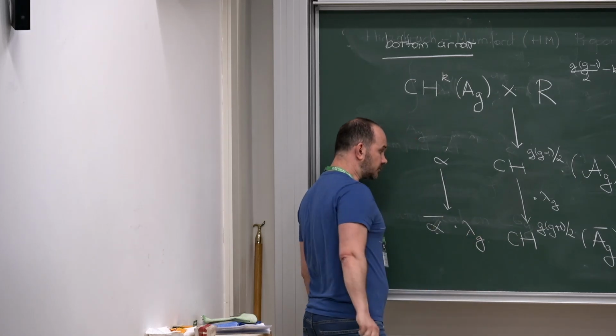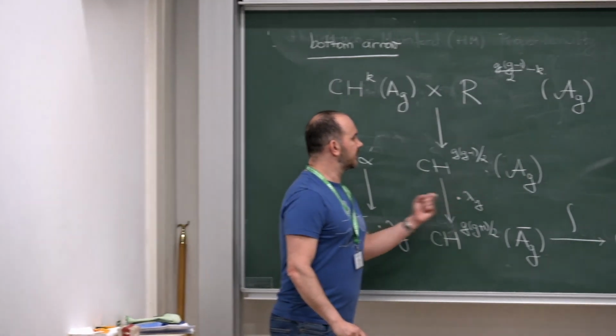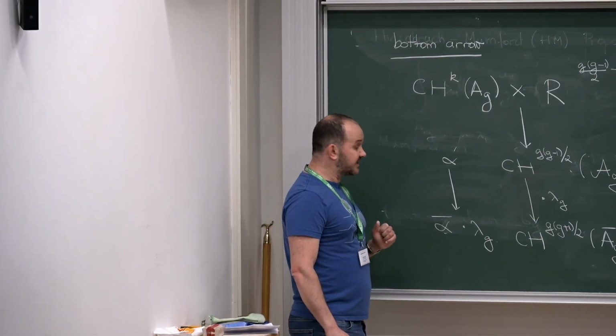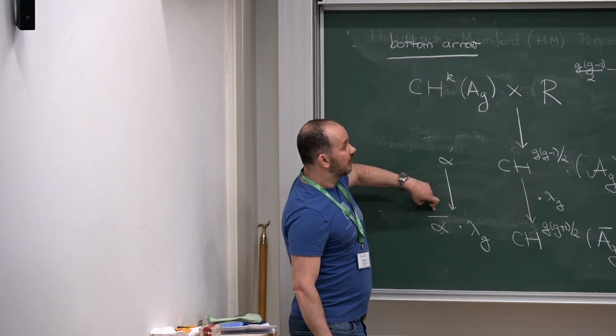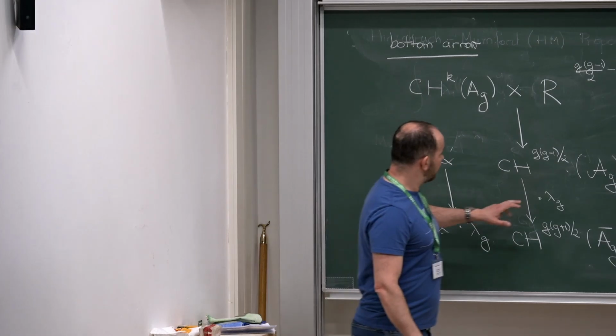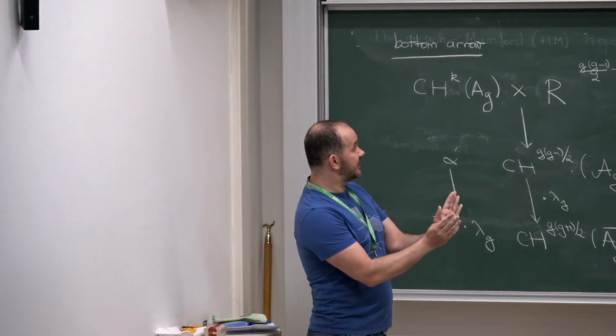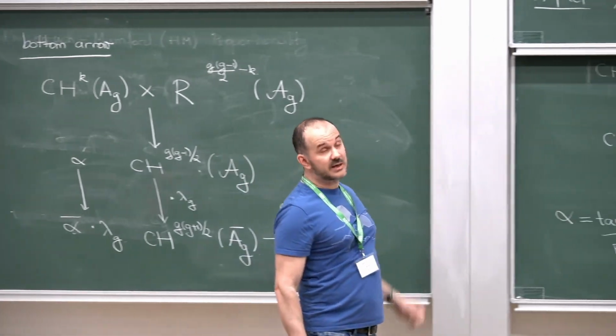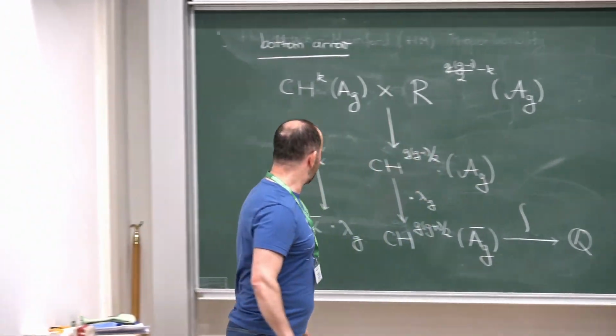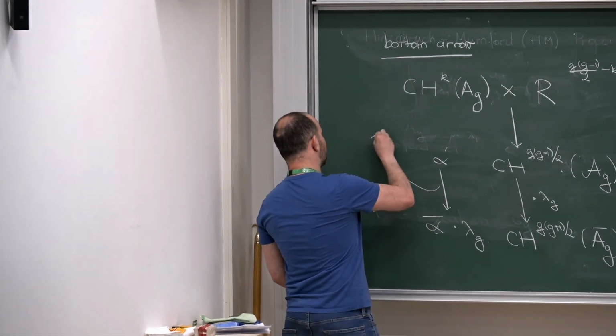Take alpha, extend it in any way you want, you get alpha bar, and then you multiply it by lambda G. And now you might be worried that, in fact, this might depend on the extension that you picked. Maybe it depends on the way you picked alpha bar. But in fact, this is not the case, because any two extensions differ by boundaries. Lambda G essentially kills everything that's on the boundary. So this is well defined,